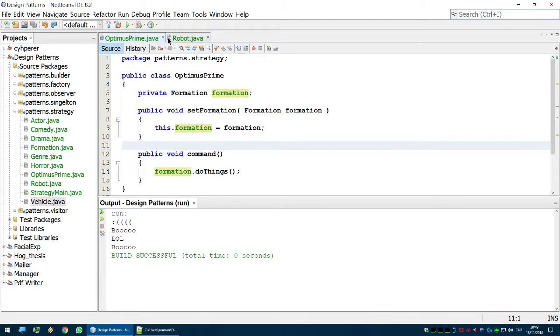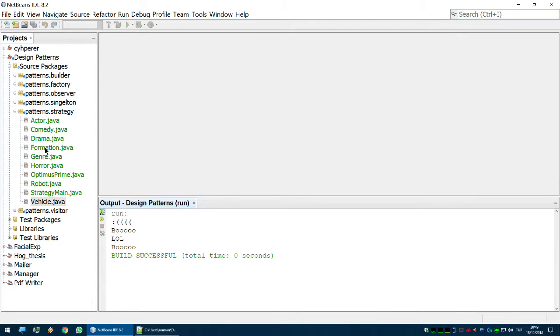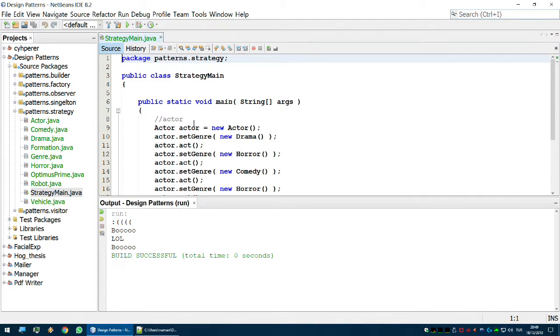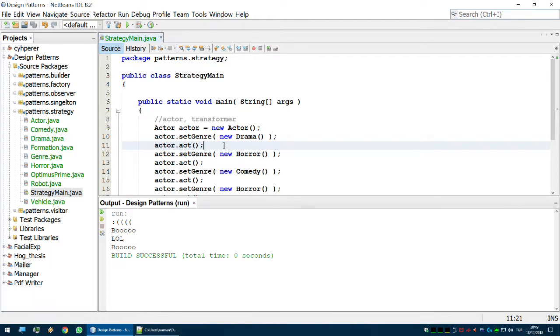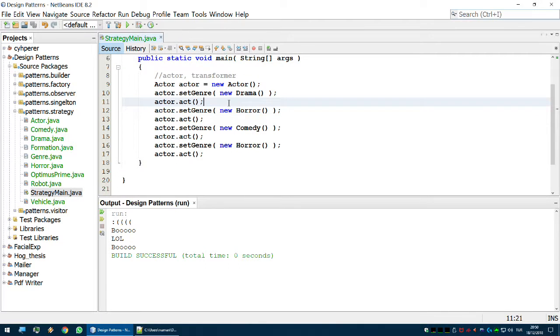So two examples of the strategy design pattern are actor and transformer. So to summarize again briefly, if you depend on the implementation to function, then you have a strategy design pattern. Okay,